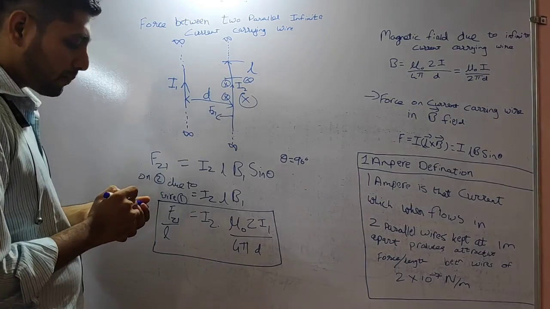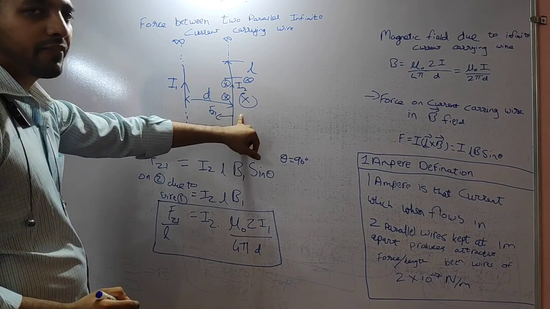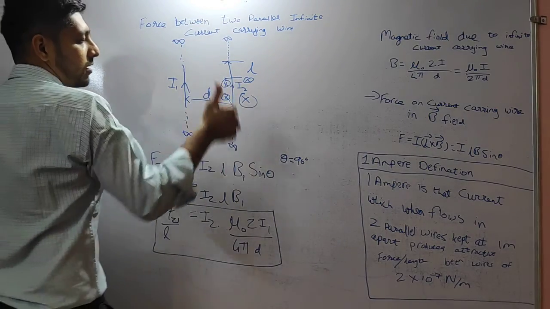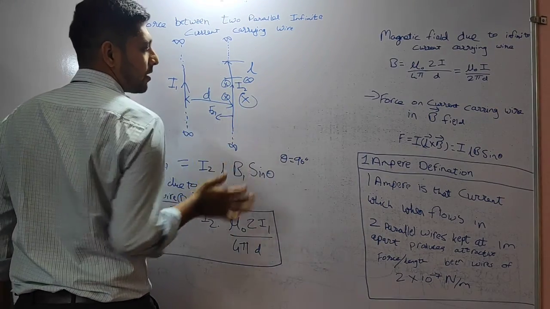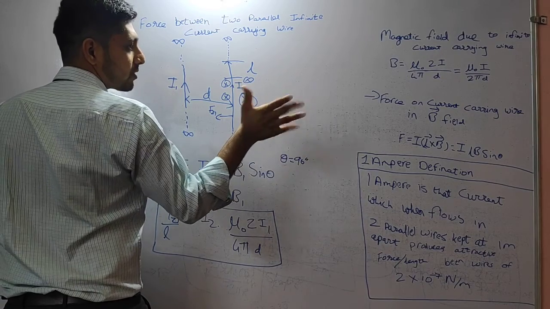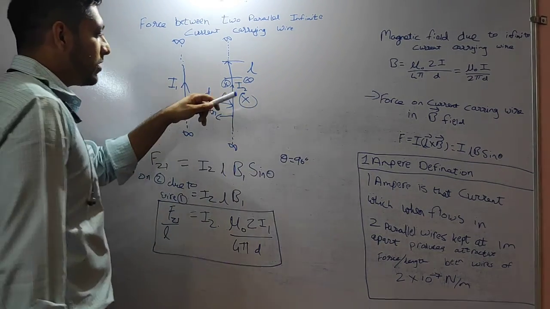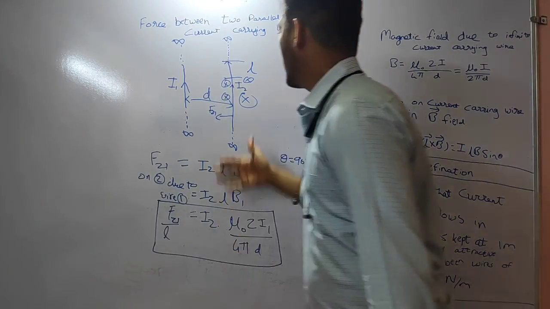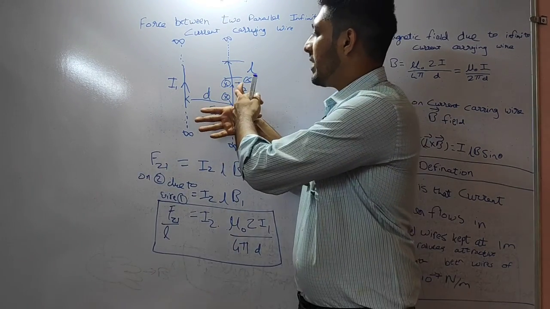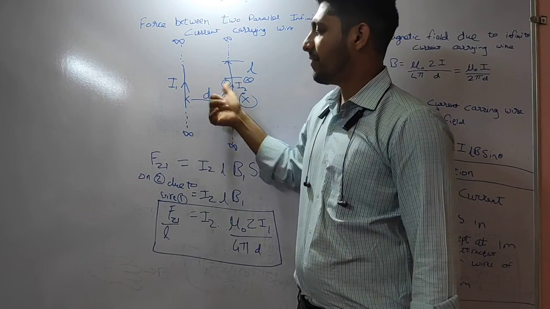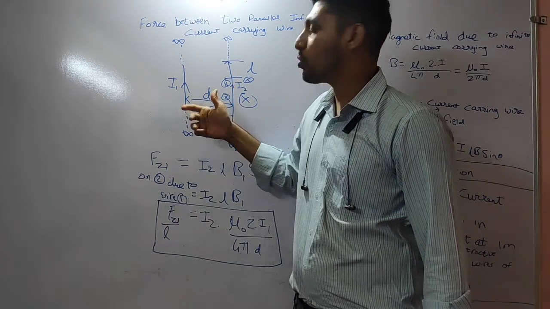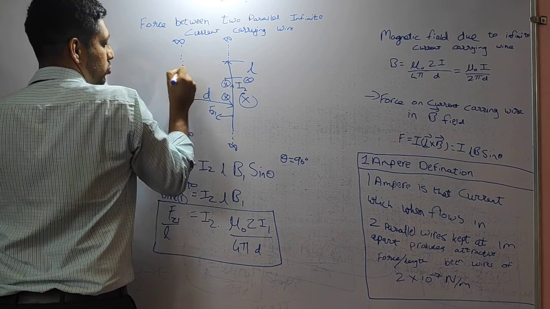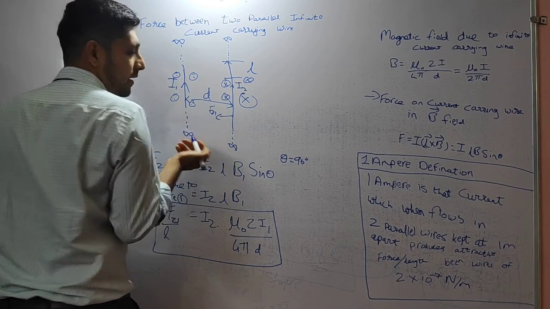But what will be the direction over here? Now the magnetic field is produced due to wire 2. What will be the direction? The current is in this direction, so the magnetic field will be produced in this direction, by the curling of fingers. But we need to get it in this direction. If I raise my thumb in the direction of current, the magnetic field will be coming outside, over this side. I can show it with dots, that is coming outside.